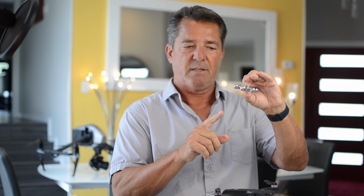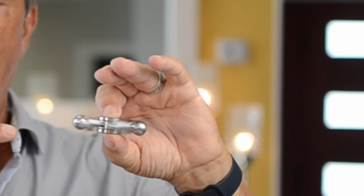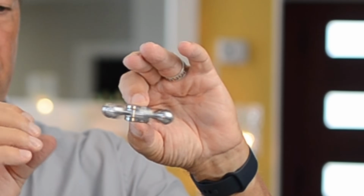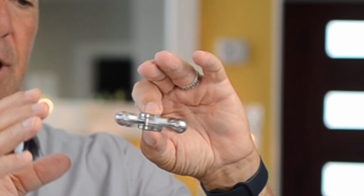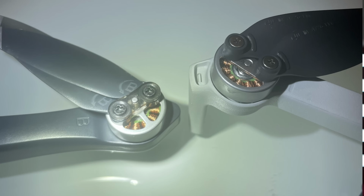Remember when they were plastic and they first came out, and then they started coming out with these really nice machined ones. So this is like what a brushless motor is. There's no contact. It's very high precision, a lot more power, no heat, but much more expensive to produce. So if you look, now it compares to the brushless motors on the DJI Mini, which is the most popular